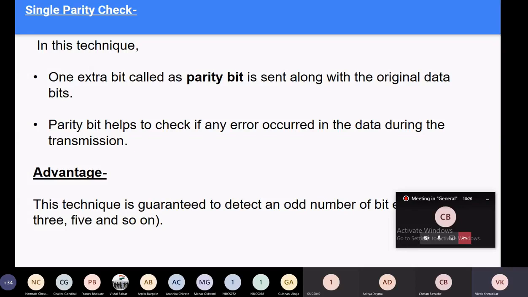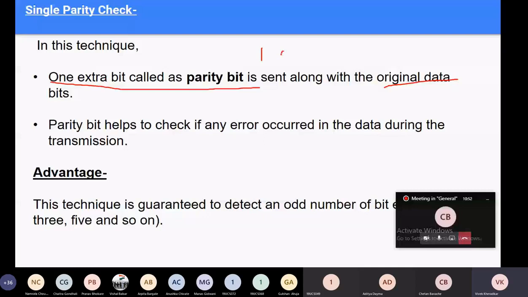Sender will send a string, which is actually a bit pattern. So on the sender side, you have to add the parity bit along with the original data. What is a parity bit? It is nothing but one extra bit. The value of that one bit is either 1 or 0, so this 1 or 0 you have to add extra along with your data.